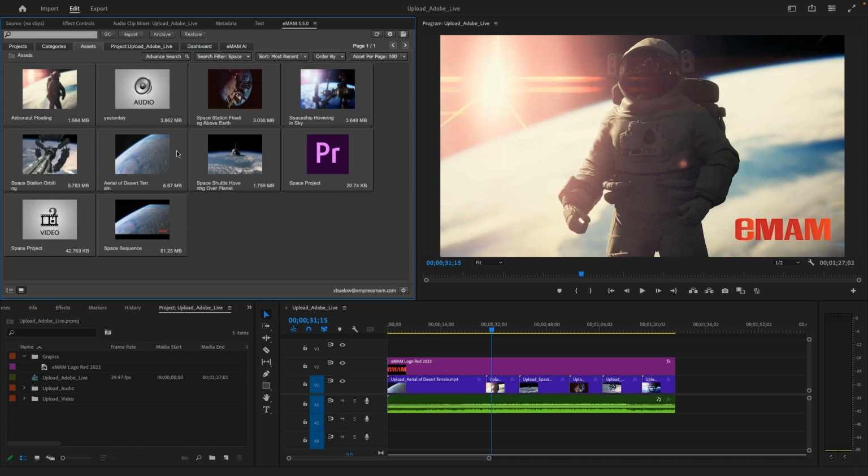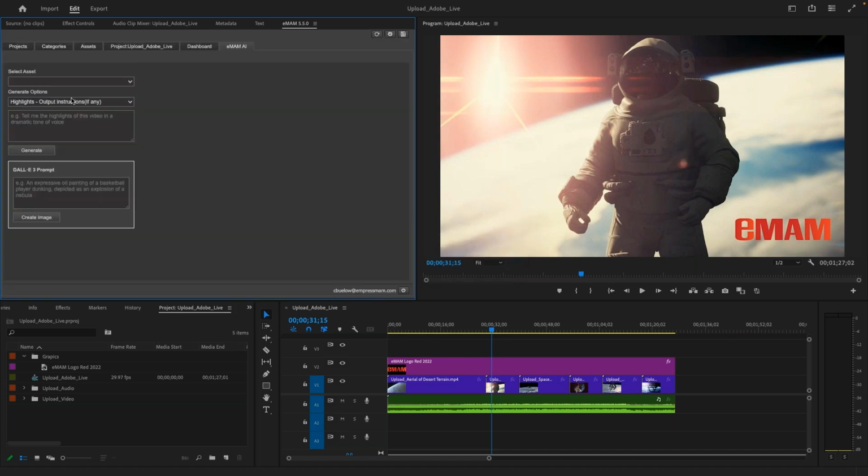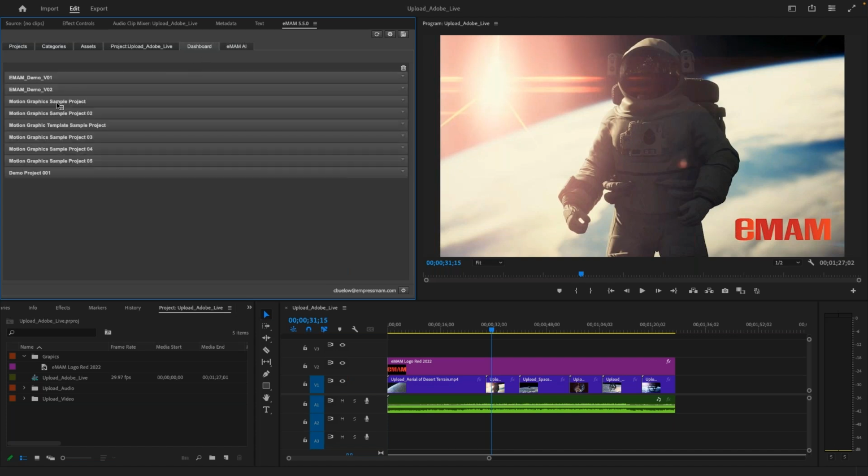And then of course on the AI side, you're able to go in and search and create the highlights and so on that I showed you in the PowerPoints, and then of course on the DALL-E side there as well. And then lastly, you'll always have a dashboard and know exactly what's happening. So when you're doing an upload or download, we can see exactly what the process is and what stage we are on the upload or the download side, and where your project's going and so on. So you'll always have that.